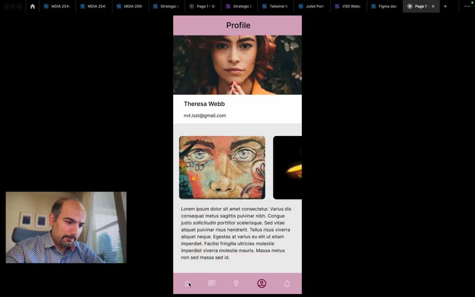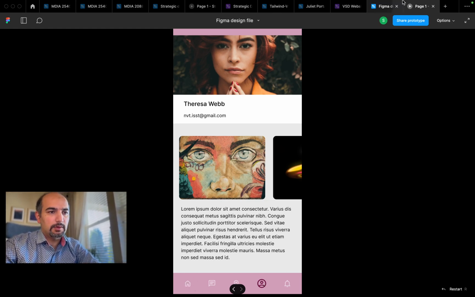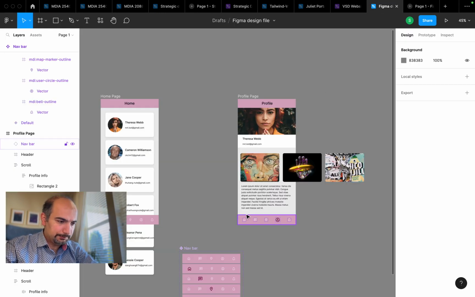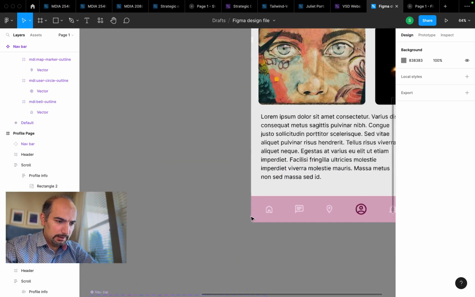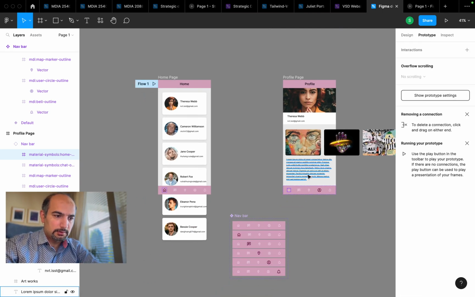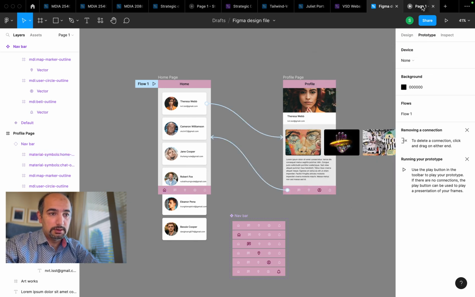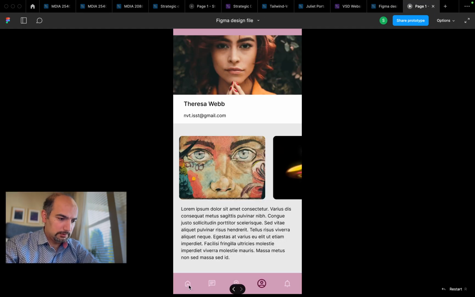Perfect. Another thing, now I move to this page. If I want to go back to the home page, I should activate this one. So I'm going to go back there and select this one, and in prototyping, going back there, navigate, smart animation is there. So when I click on this one,